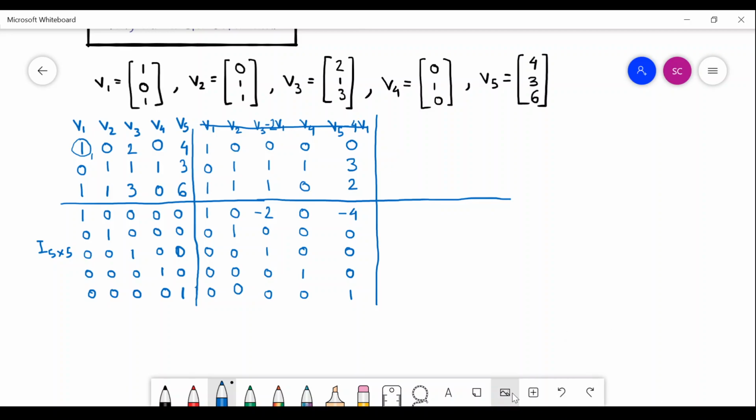With this thought in our mind, we would proceed to the next step. In the next step, we need to choose another pivot element, and we cannot choose a pivot element from the first row and the first column now, because the first pivot element belonged to the first row and first column. So we choose the pivot element as this, suppose this one, this is the pivot element number 2. You should always mark your pivot element so that you don't make a mistake of choosing the successive pivot element in the same row and the same column.